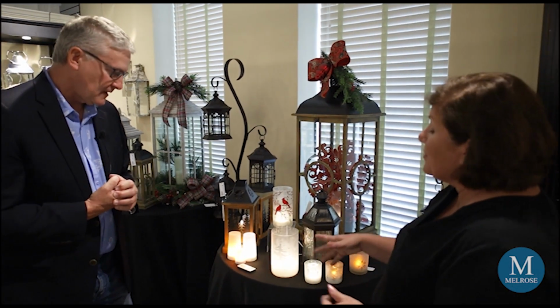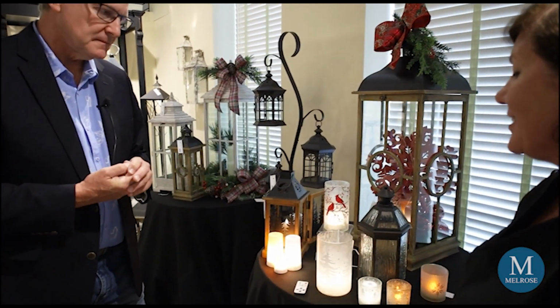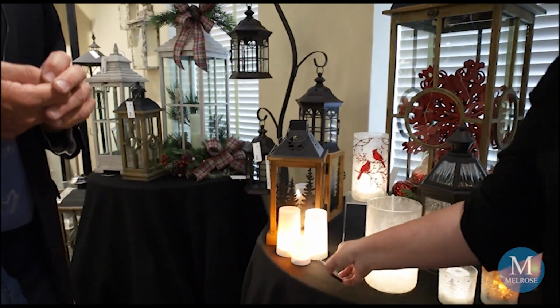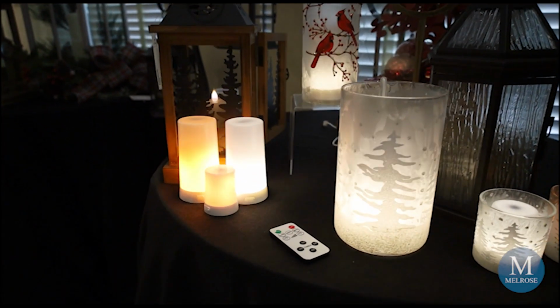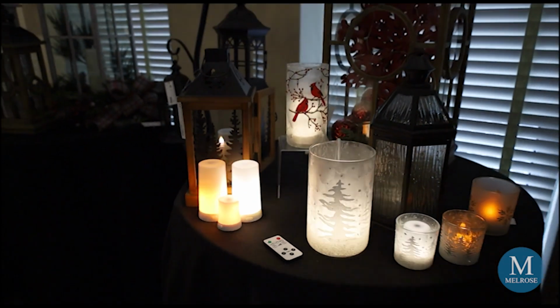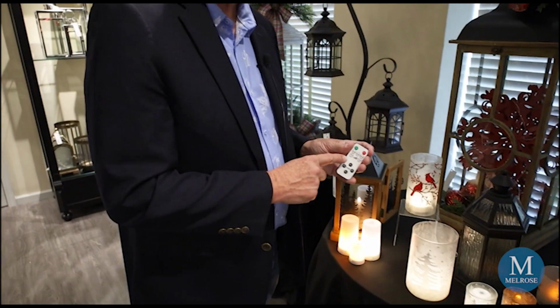I always think seeing the remote too. We just had a store that had it sitting out, and I couldn't find the Fia, but I saw the remote in the store, and they didn't know I worked with Melrose or anything like that. And I said, oh, you've got Fia Flame. And they said, yes, how do you know? I said, well, I see the remote. So sometimes the remote is of interest too, so make sure it's by the register so it's easy for them to pick up. And then of course it's like the old sales analogy: if you hold the puppy, it's going home with you. Yeah, and some people don't even know that every one comes with a remote in the box,